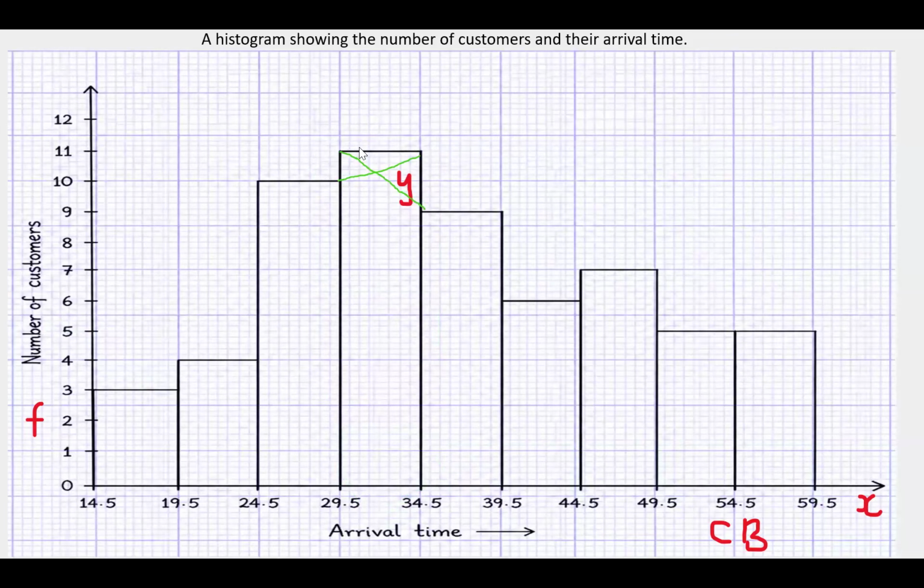So on both ends, okay? The lowest bars, rather beside the highest bar, you're going to connect the points from either end, and then at the point where they intersect, you're just going to draw a line to meet the x-axis. So from here is where you're going to be able to obtain the mode, or arrival time. The particular value you get from here is where you're going to get